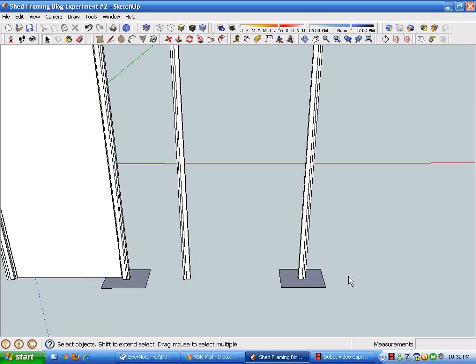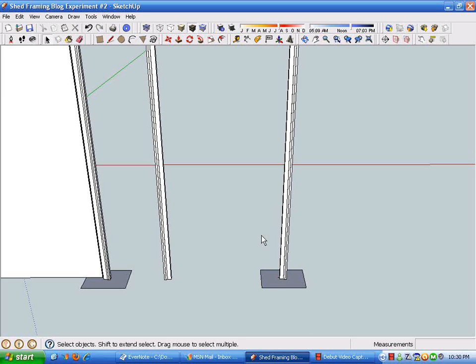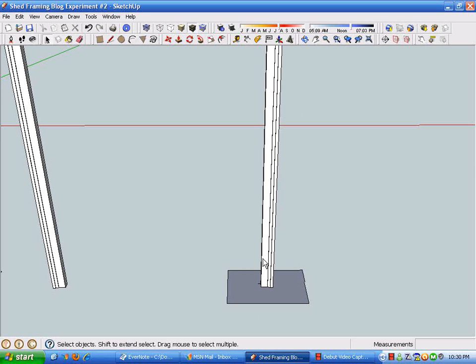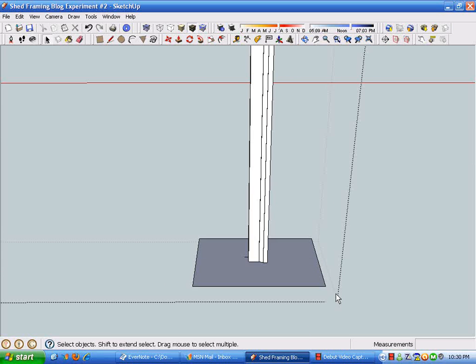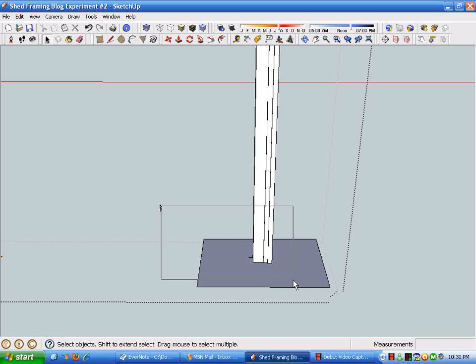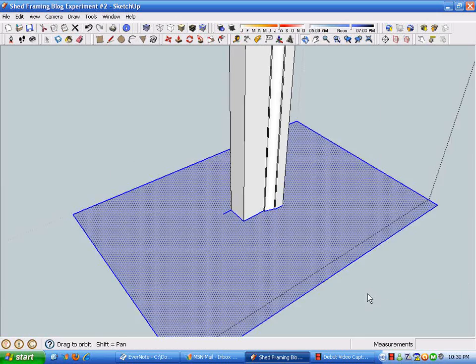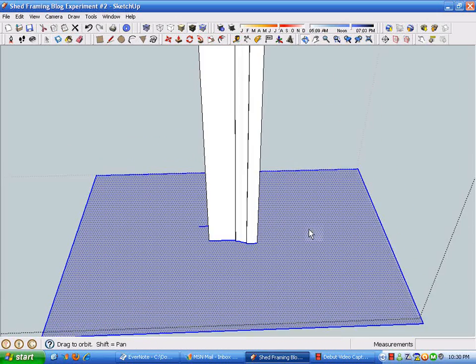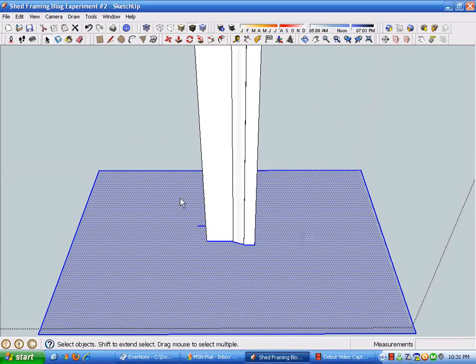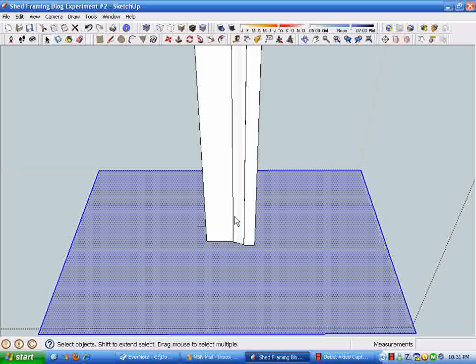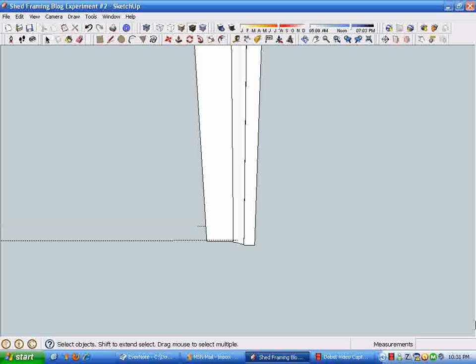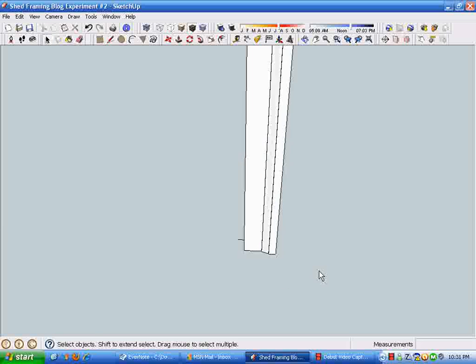Turn the shadows off, and I'm going to clean this up a little bit by entering back into the edit mode. Here's a trick. I'm just going to click to the right. I've selected everything including the bottom of the brick mold, but I don't want to delete the bottom of the brick mold. So now I'm going to hold down Shift and select another group of geometry. That reverses the selection or eliminates that part. Now I press Delete, and we'll get rid of that